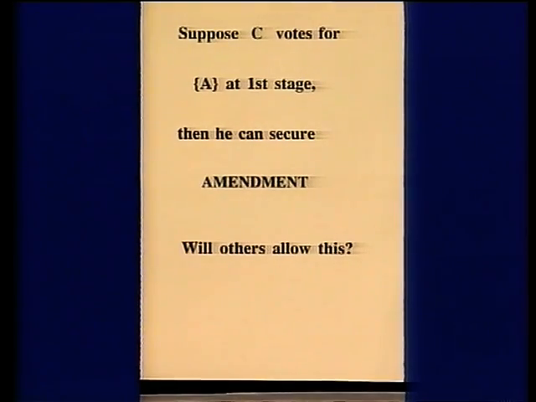So, the original bill. Different result, because the voting strategies were different, even though the participants had the same preferences. On the other hand, if C chooses to be awkward, he can actually get something different. He can vote for the amended version at the first stage, and that will be carried. Now, will the other players allow this? Well, as I've said, a lot of work has gone into considering these strategies of voting.